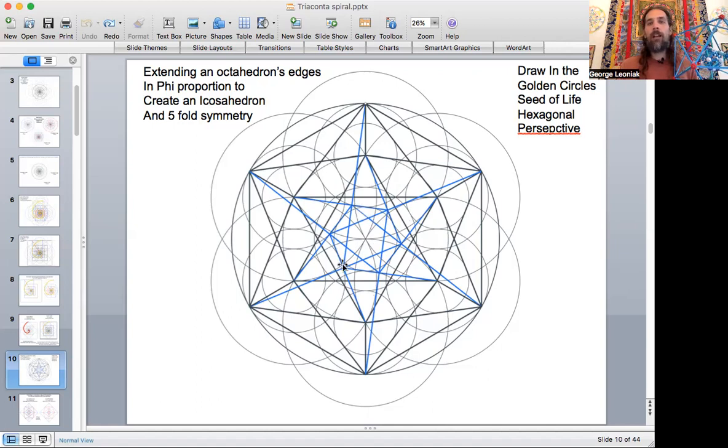It told me, well, this hexagon of this Star of David, which is an octahedron in this, right? And that's the 8-sided form for new folks who are not super familiar with all these forms. That's your octahedron, 8 sides, the 8-sided pyramid structure, 2 side by side, stacked on top of one another. And so if you extend those lines out in phi proportion, so basically this blue line that I'm showing you